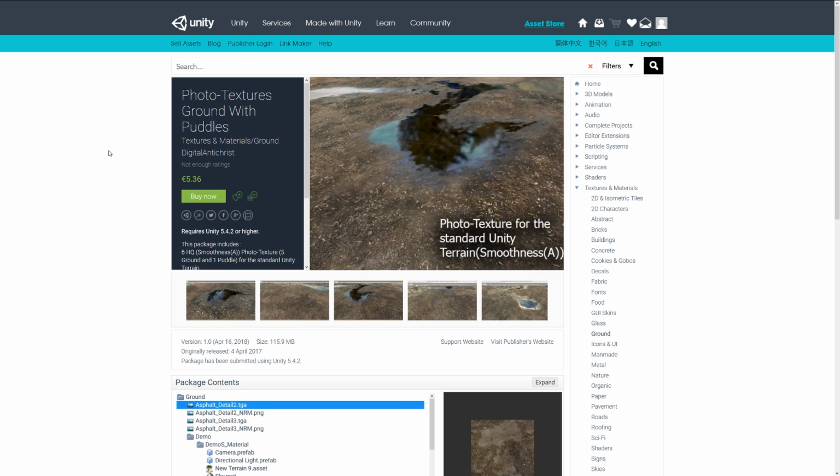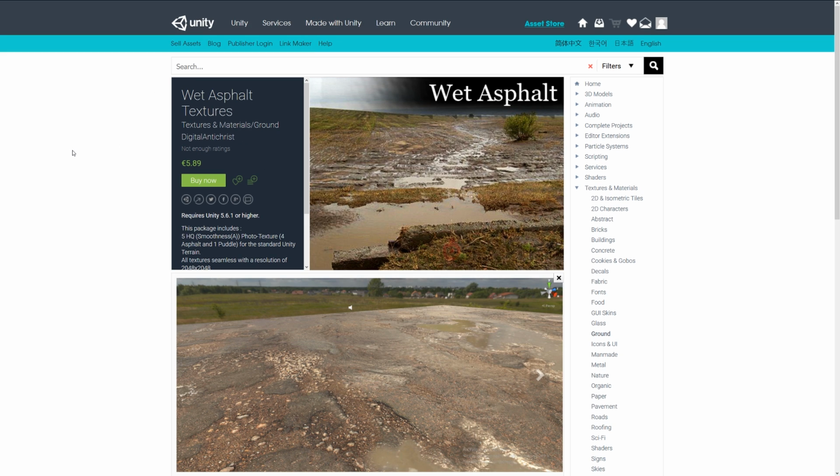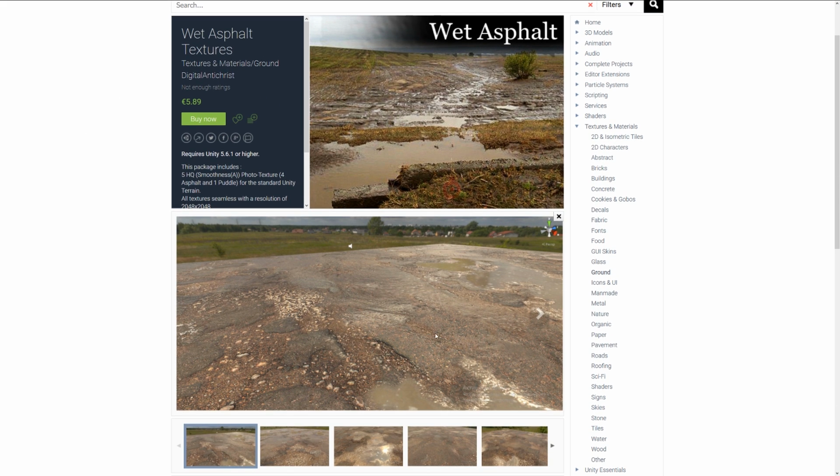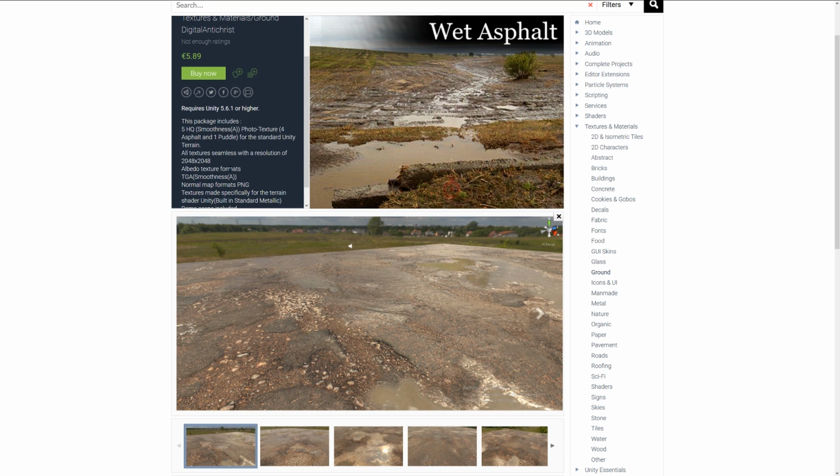And this is something that I'm going to be showing, two specific ones from this developer called the Digital Antichrist, and it's the photo textures ground with puddles, and it's the wet asphalt textures. And as you see from some of the examples, they're really nice looking, high detail textures, usually featuring 5 different types of textures specifically for using with any specific application inside of Unity,